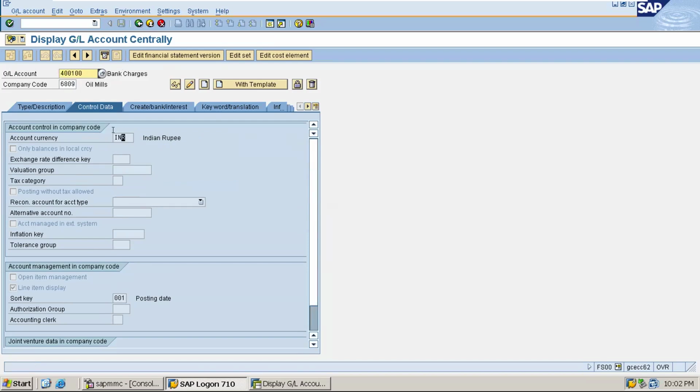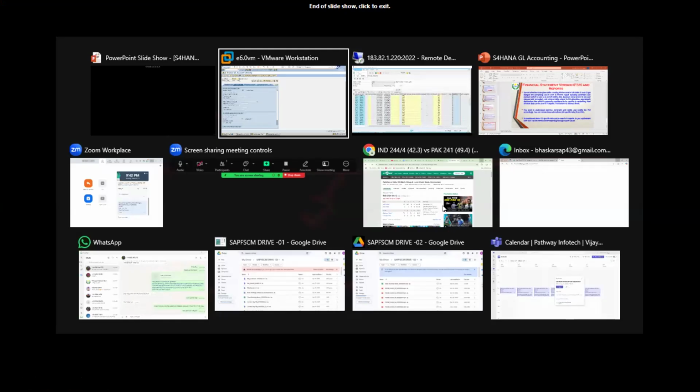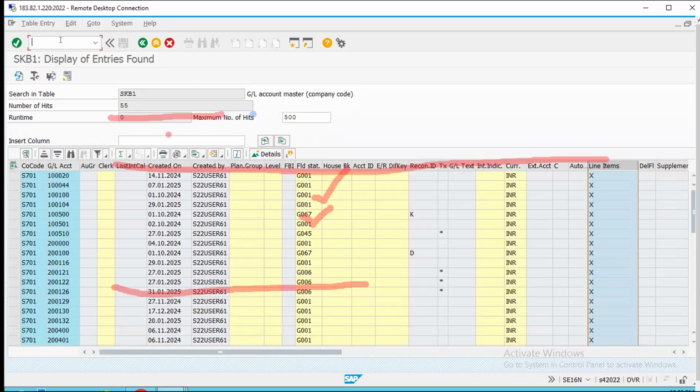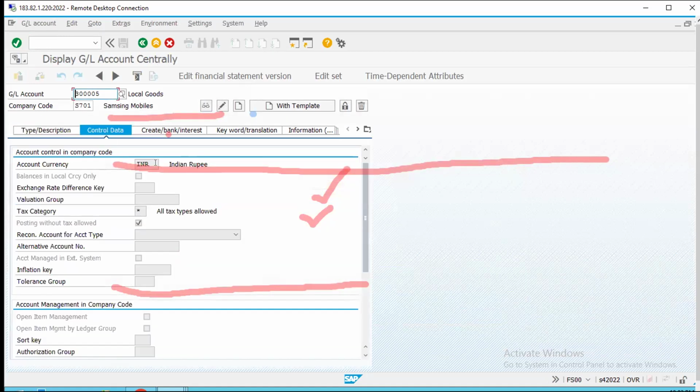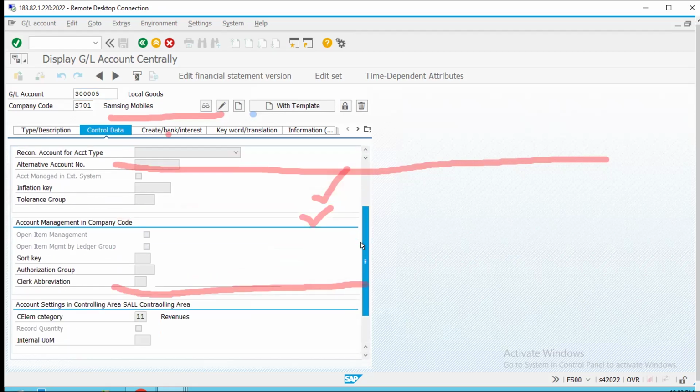This option is the default for all GL accounts in the ECC system. Even in S4HANA the same option is available for all the GL accounts, except the account type cash account. You can see account currency INR is available, then open item management.